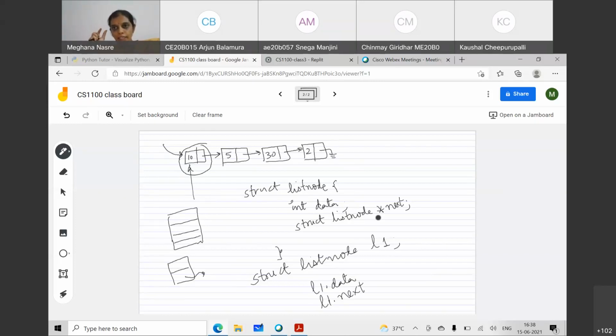Just like if you are at a of i, then a of i plus 1 allows you to go to that next location in the array. Similarly, this next is going to allow me to go to the next location in the linked list, right? But these are not contiguously stored. So you cannot do some kind of arithmetic and say, go 4 cells away or 4 bytes away and you will get the next thing. That may not be the case, because maybe at a later point you will say that this cell has to be deleted from this list,